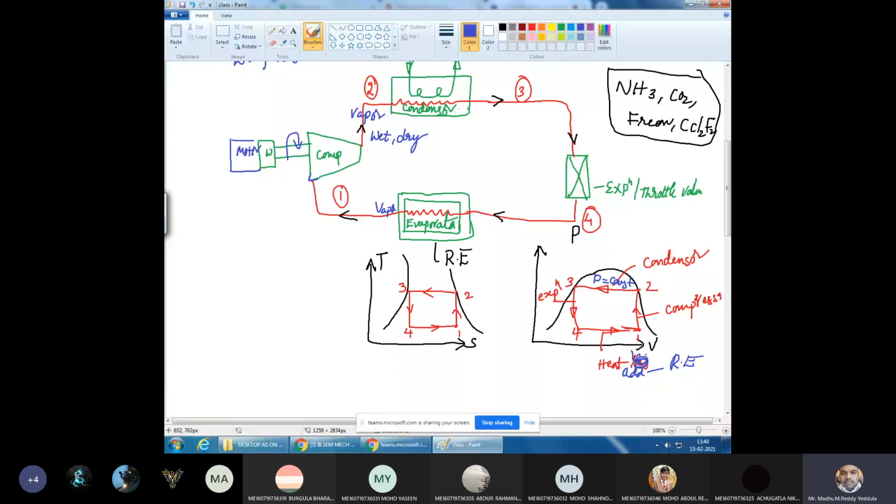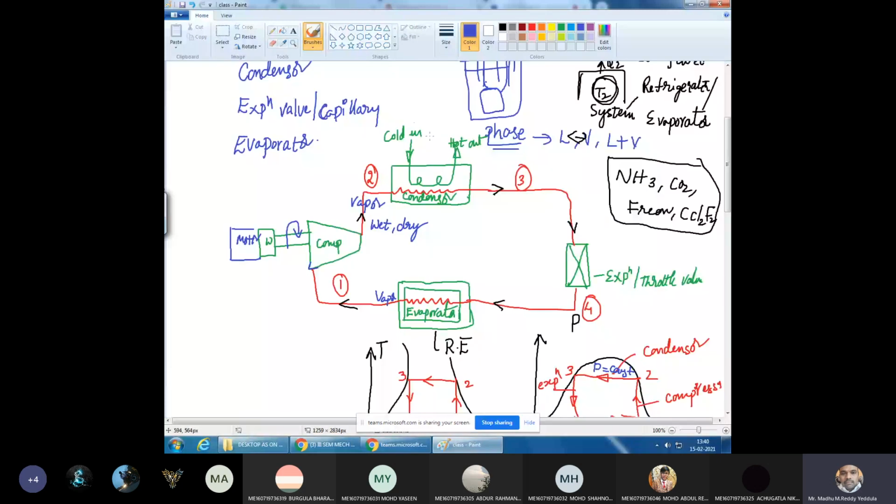Constant pressure heat rejection process, the condensation. Again, in our home purpose, you see here I have written hot water in, hot water out. But in our home systems, we don't have any water arrangement for the condenser. Only the atmosphere is used to cool the system, because there will be a mesh grill-like structure at the back side of the compressor. By using the surrounding atmosphere, it cools the refrigerant.